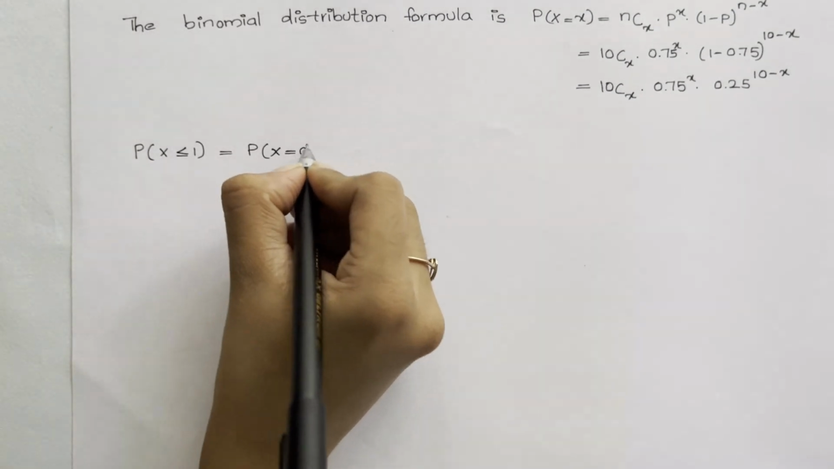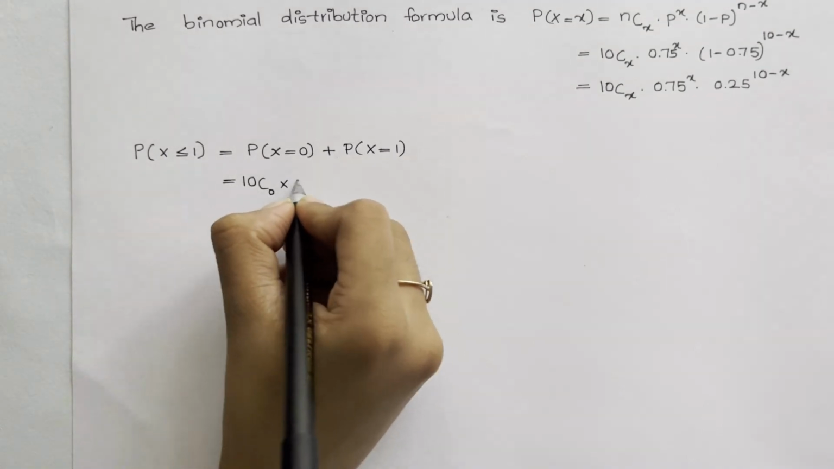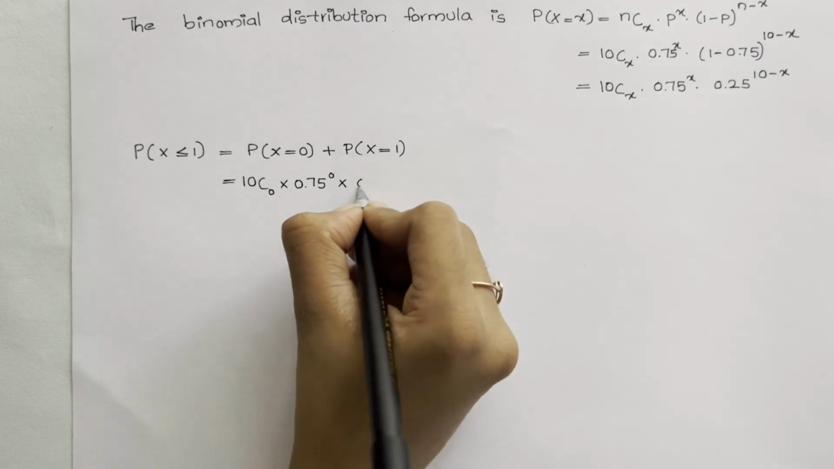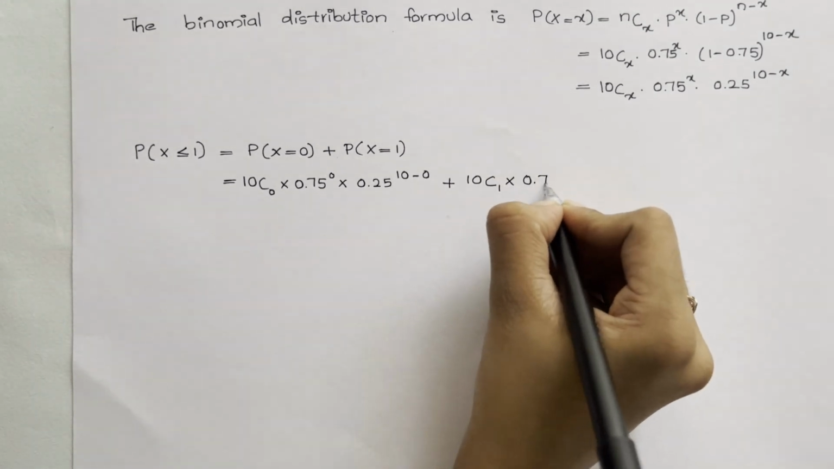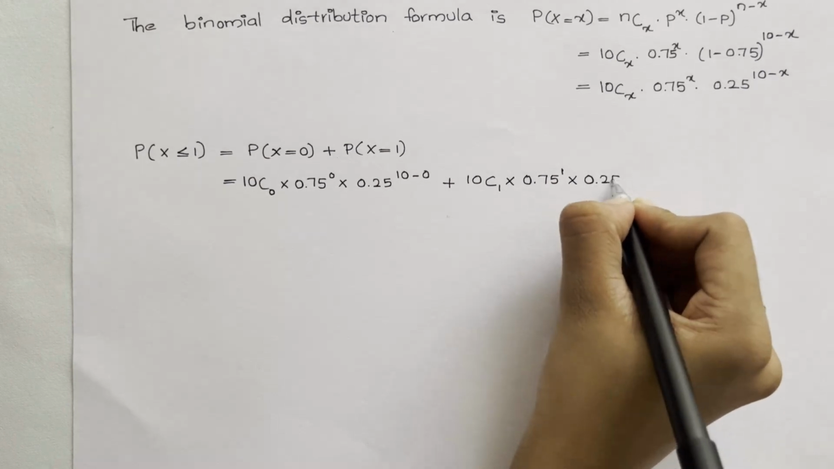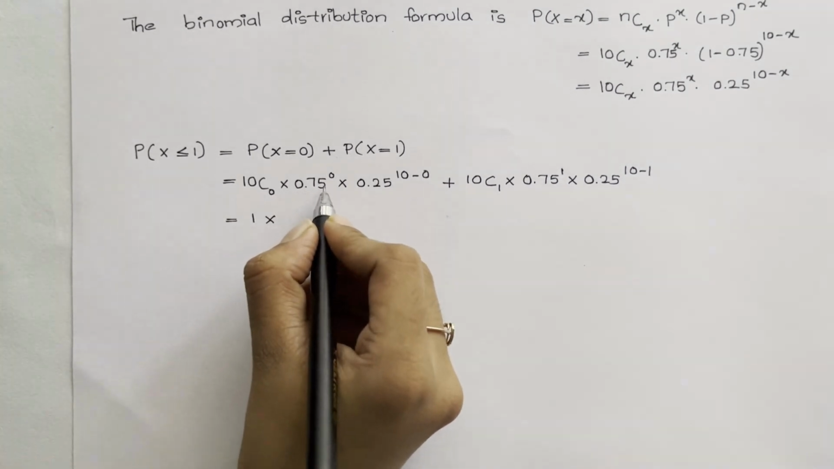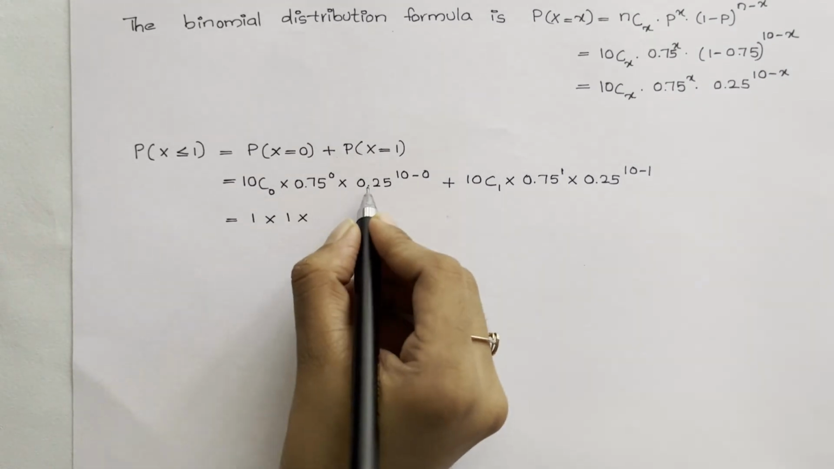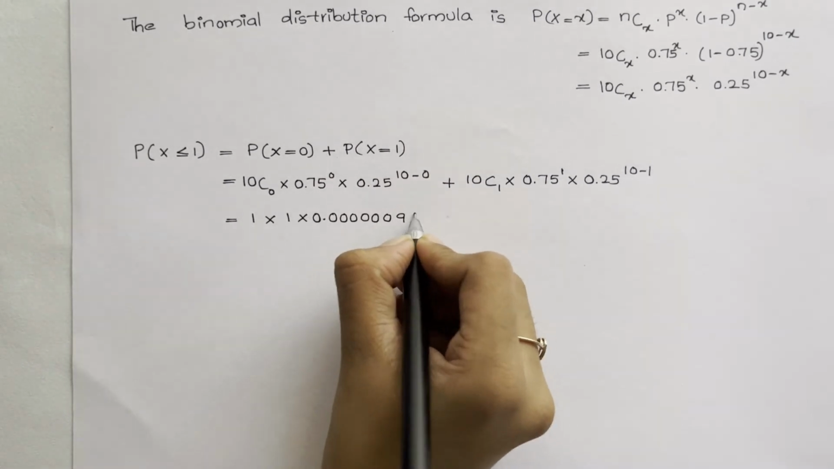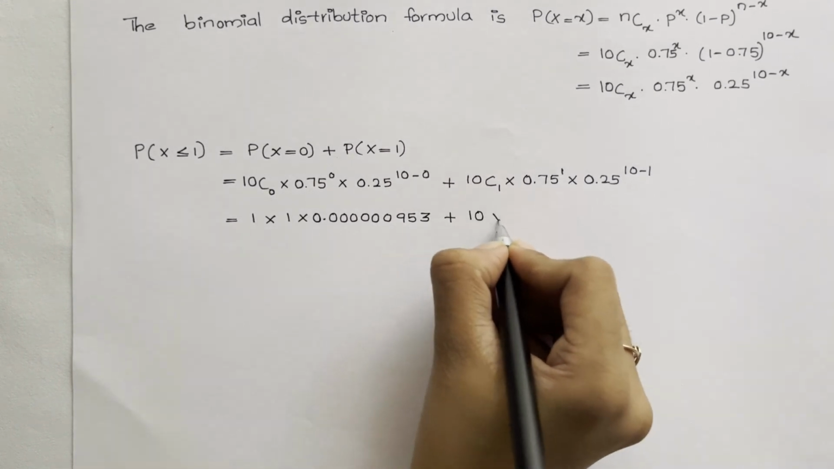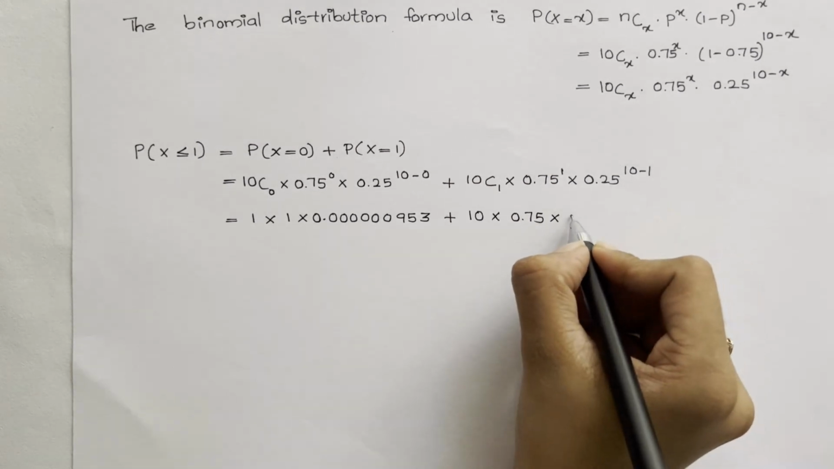equal to P of x equal to 0 plus P of x equal to 1, equal to 10C0 into 0.75 raised to 0 into 0.25 raised to 10 minus 0, plus 10C1 into 0.75 raised to 1 into 0.25 raised to 10 minus 1, equal to 10C0 is 1 into 0.75 raised to 0 is 1 into 0.25 raised to 10 is 0.000000953 plus 10C1 is 10 into 0.75 raised to 1 is 0.75 into 0.25 raised to 9 is